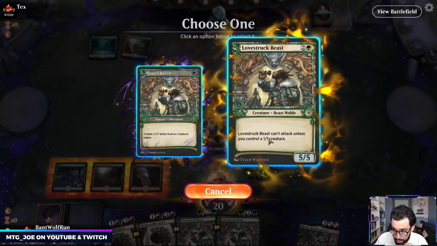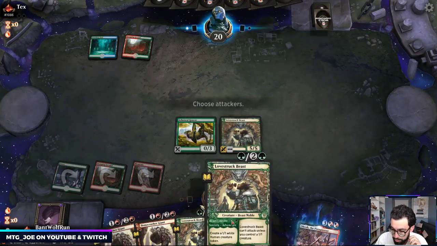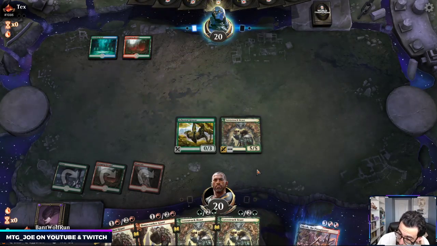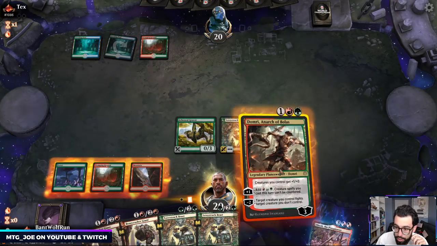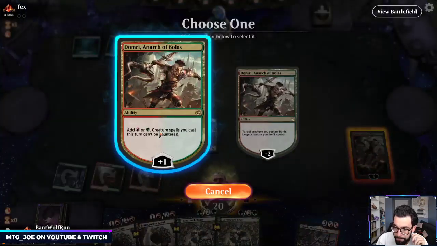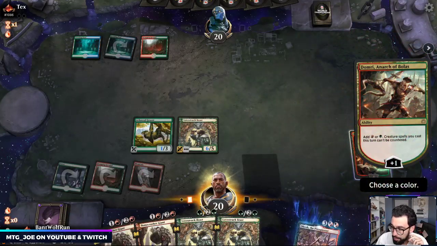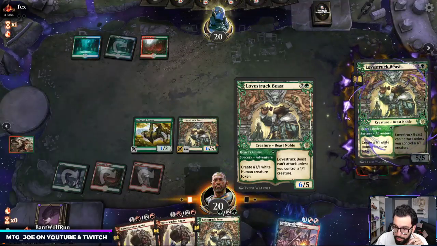I actually think I'm going to just go Lovestruck here and then make tokens, and then next turn I can make a token and attack in. That's actually great. So I Domri here. Make a token, and then...